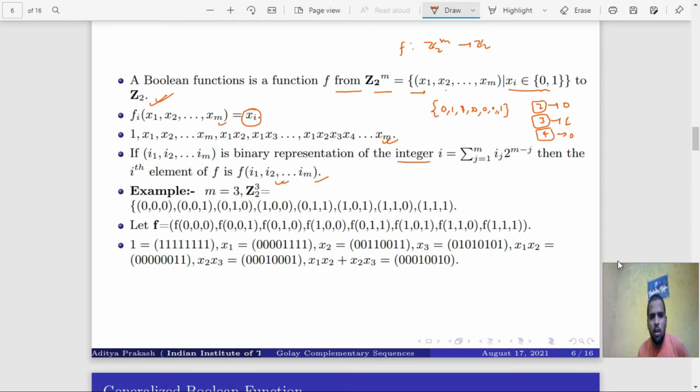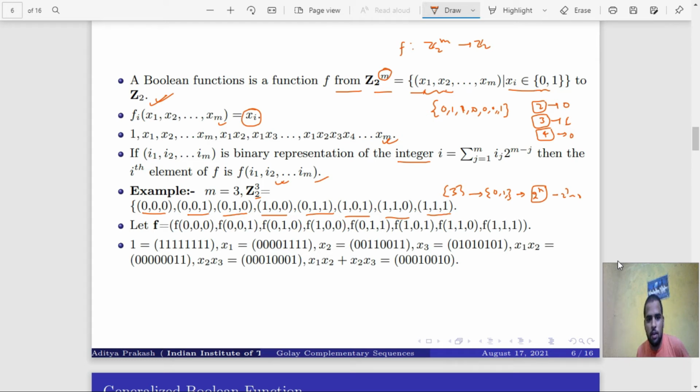Now how do we write the binary representation in that form? I can explain with the help of a simple example. We take m equal to 3, and there are 3 elements present: x1, x2 and x3. We already said that it's made from 0 and 1 only. That means the total number of elements will be 2 to the power 3, that is 8 elements: 0 0 0, 0 0 1, 0 1 0, 0 1 1, 1 0 0, 1 0 1, 1 1 0 and 1 1 1. So a total of 8 sequences are present.